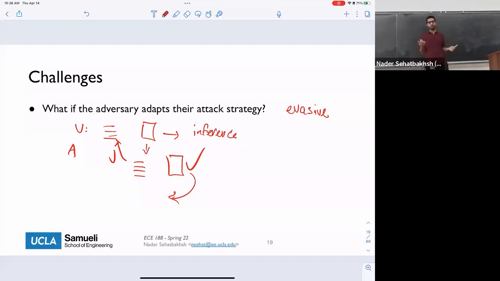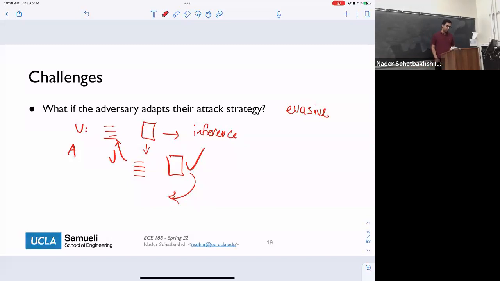So the attacker can be intelligent, can be adaptive, and can change their systems. And again, one of the papers we're going to talk about covers malware evasion and how we can actually create malware detectors that are evasion resistant. So it evolves itself over and over time, so that if the adversary is evasive, the malware detector is aware of that evasion. Okay. Any questions?